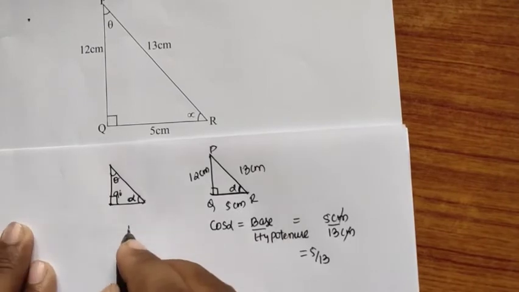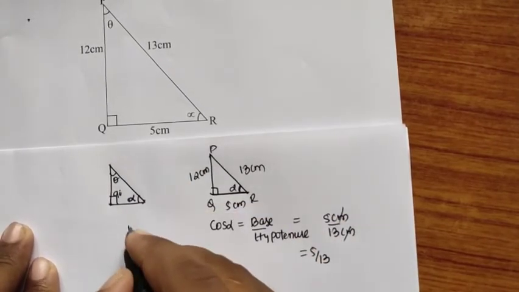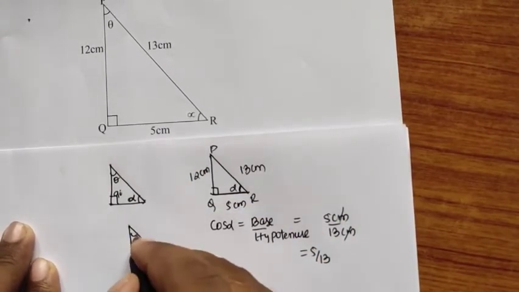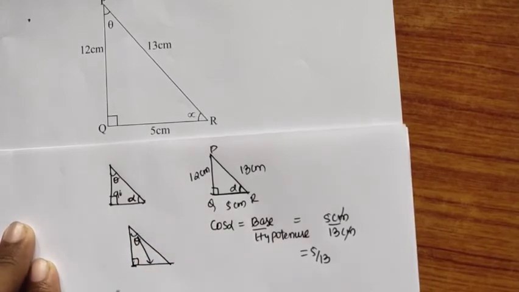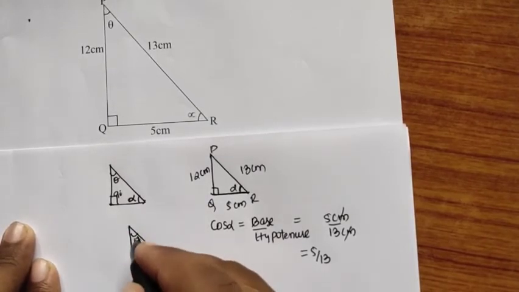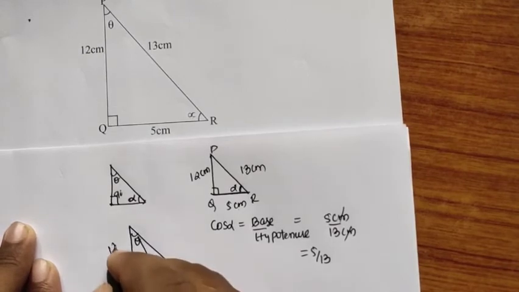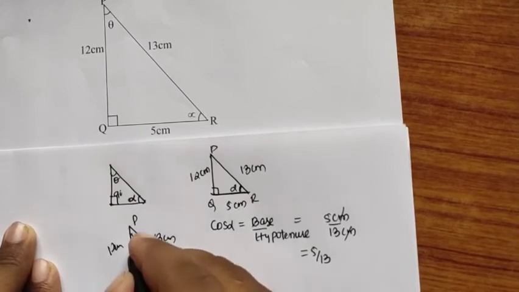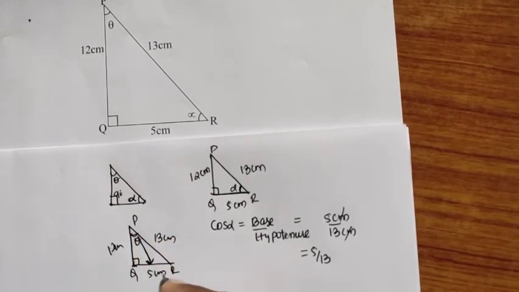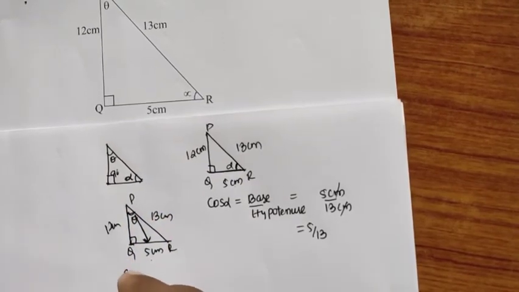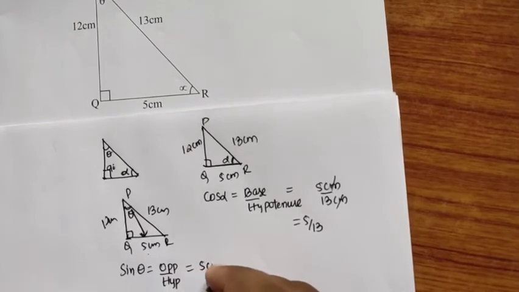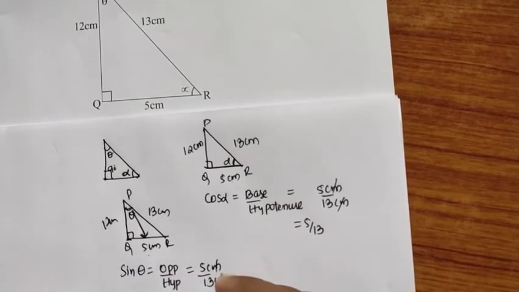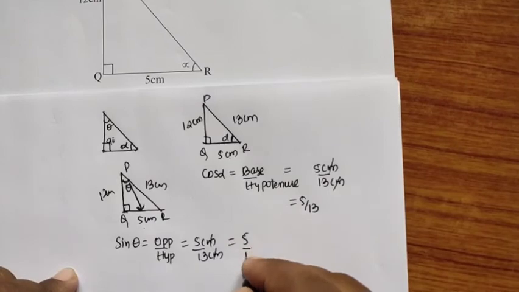So now what is sin theta? Think about this diagram now. Here it is 90 degree, this is theta. Opposite to this is this one, and you have the base, this one. This is 5 centimeter, this is 12 centimeter, and this is 13 centimeter. PQR. So theta is here. This is the opposite one. So we have the sin theta formula: sin theta is equal to opposite by hypotenuse. Opposite is 5 centimeter divided by 13 centimeter. So centimeter will get cancelled. This answer is also 5 by 13.